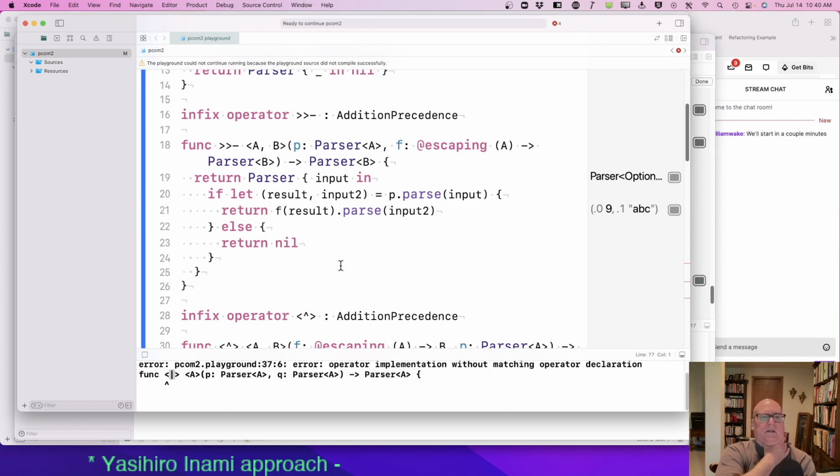And parse the rest of the input. I think if I could build up an intuition for this, I think I would learn something good.